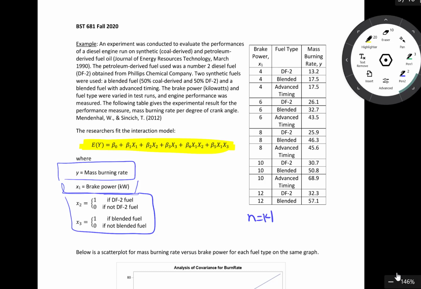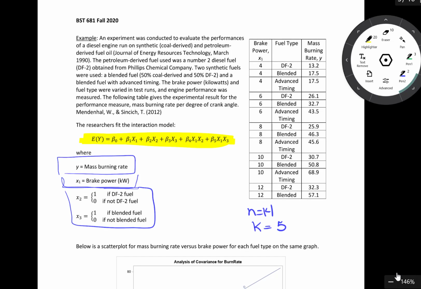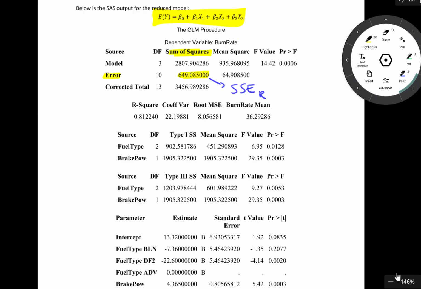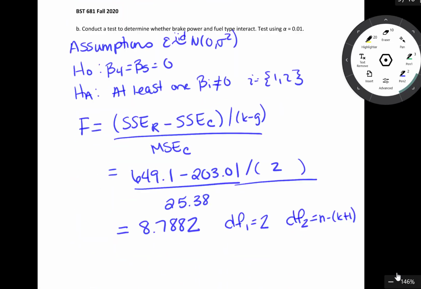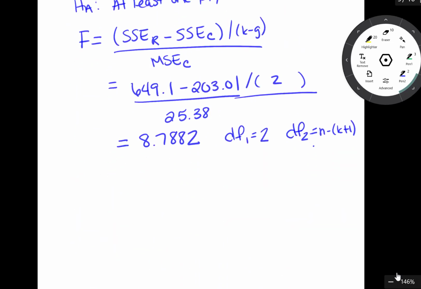And then k is equal to the number of parameters excluding the intercept in the full model. So notice that k is equal to 5. So going back down, for our second degrees of freedom, we have 14 minus 5 plus 1, which is equal to 8. Now, to find your p-value, notice what we're really looking at here is an F distribution,